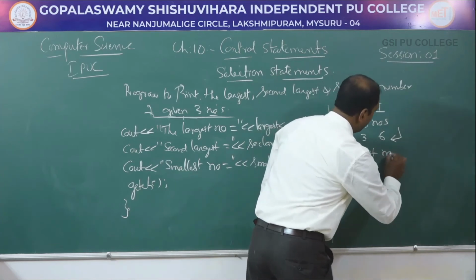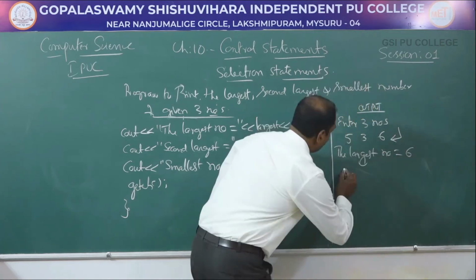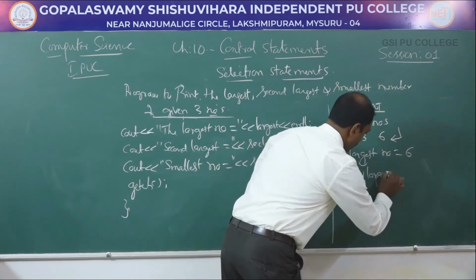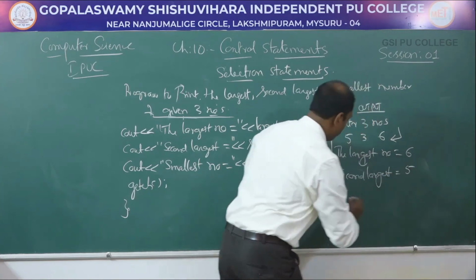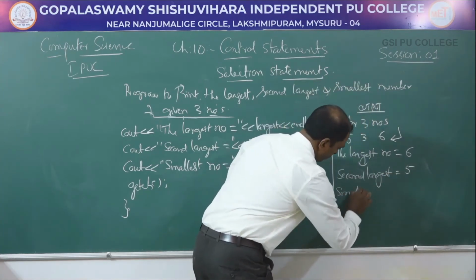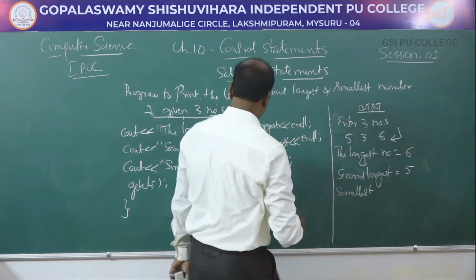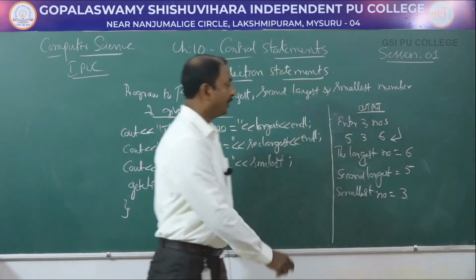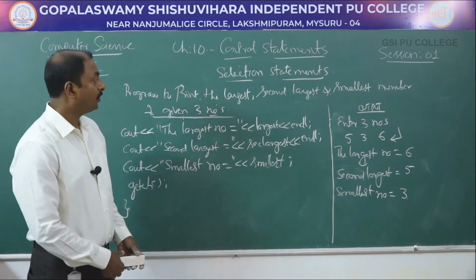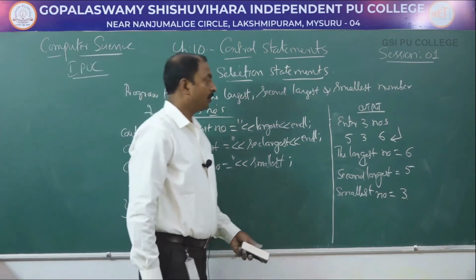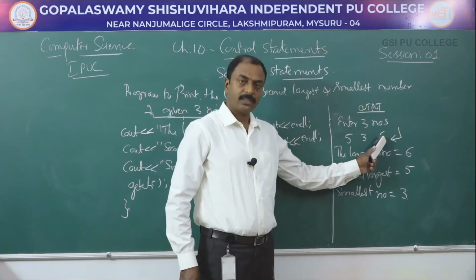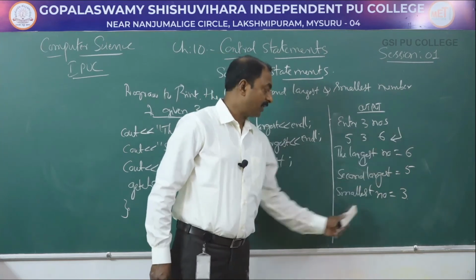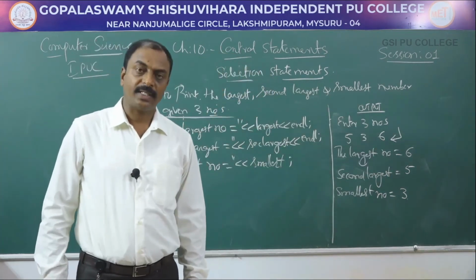the largest number equals 6, second largest equals 5, and smallest number equals 3. So here students, this would be the output of the program. Here we are supposed to enter three numbers 5, 3, 6, with a space in between. You are supposed to press enter key, then it displays the result, and here we have used the selection construct